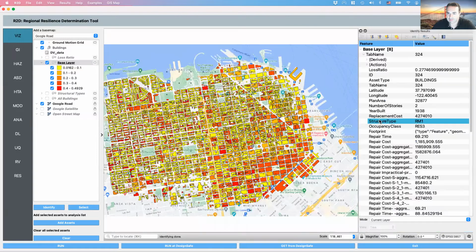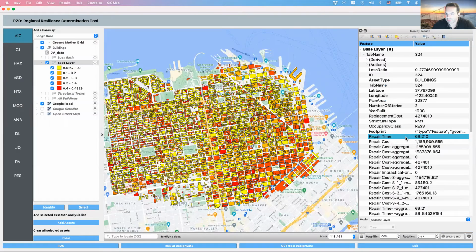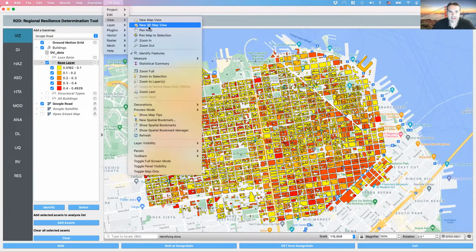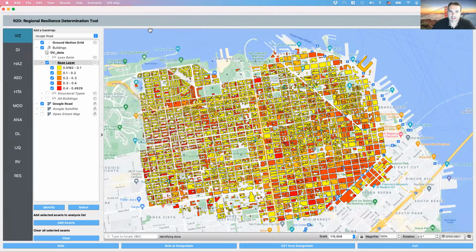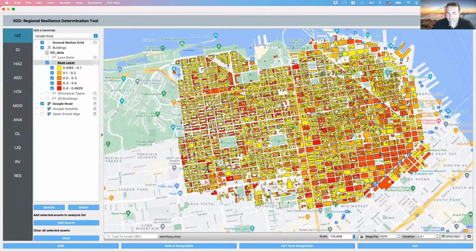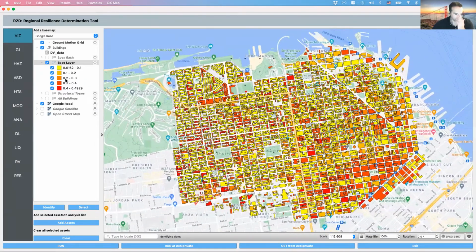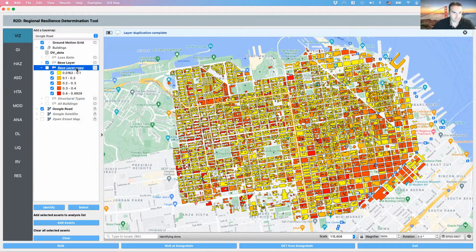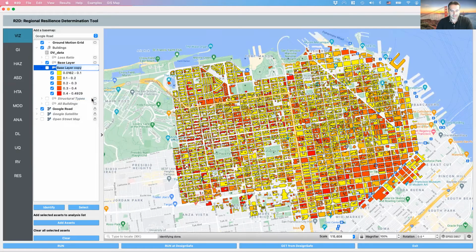Now, if I click on one of these objects again, you'll see the repair time and the repair costs are here as well. I'm going to go to the GIS menu, the one I showed previously, and I'm going to select pan map, so it doesn't select any features when I click on them, it just pans the map. Now I'm going to take this base layer and I'm going to duplicate it again. So right click, duplicate layer, right click, rename layer. And I'm going to rename this layer to repair time. And I'm going to double click on it